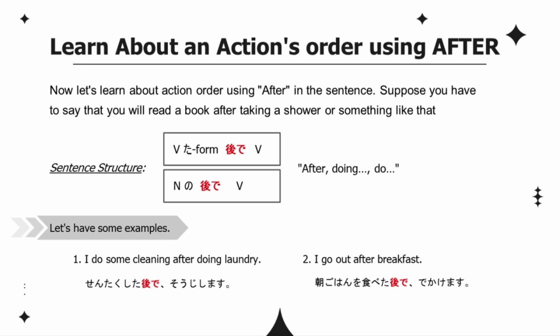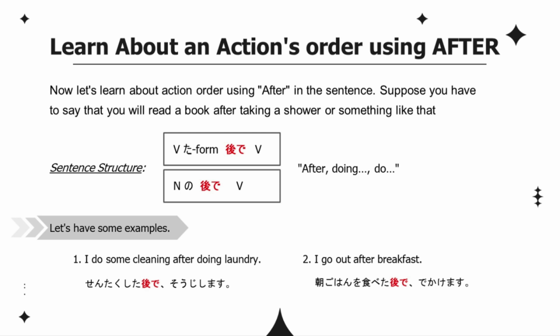Let's try to create some example sentences. I do some cleaning after doing laundry. 洗濯した後で掃除します。I go out after breakfast. 朝ごはんを食べた後で出かけます。